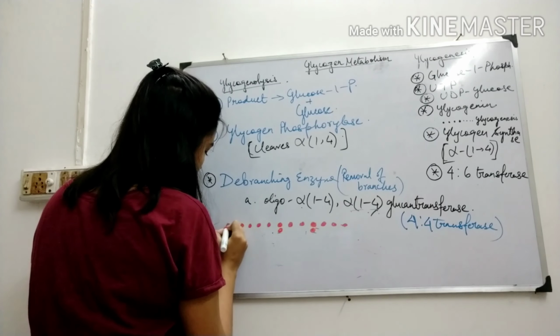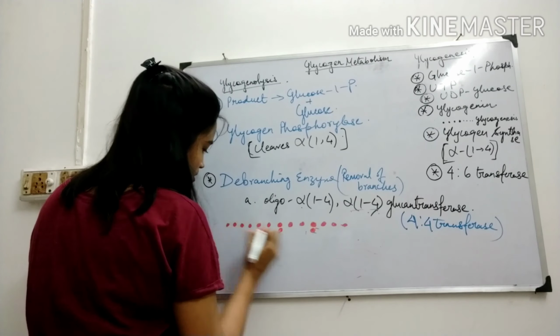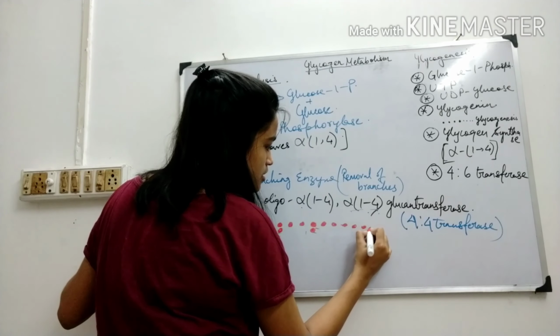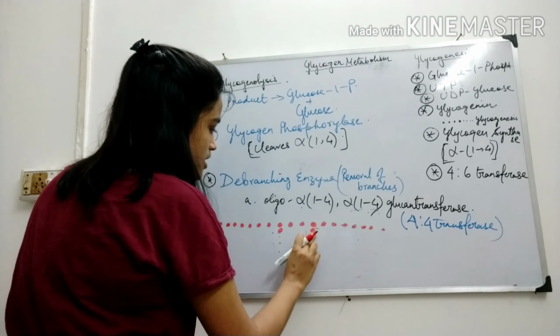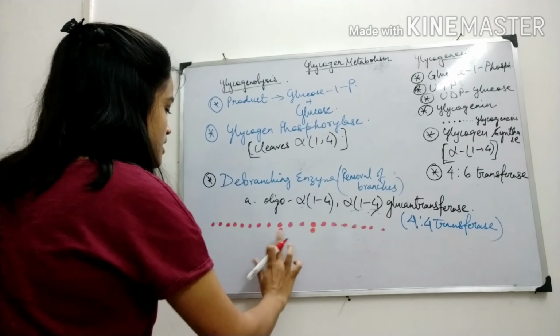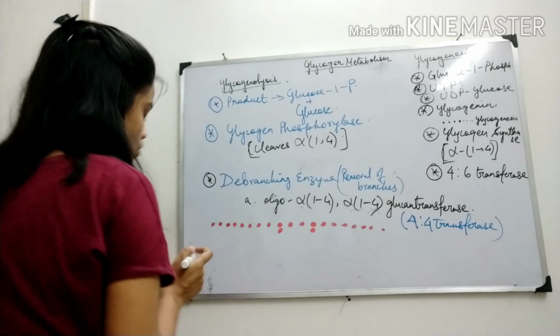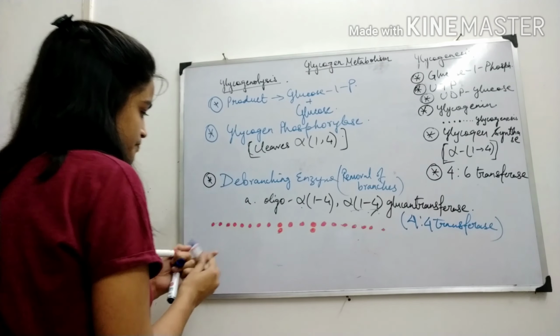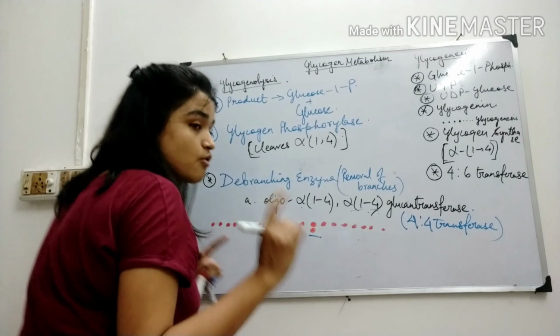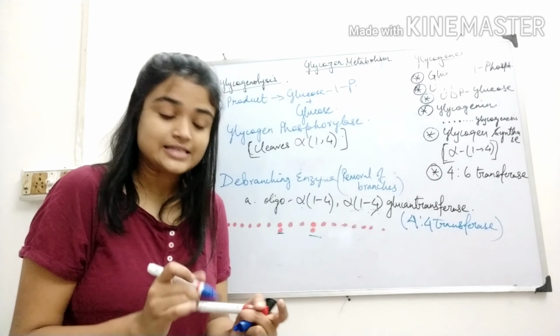I am drawing the 3 glucose that were here. So I am drawing 3 here, 4. So these 3 have come and joined the main chain. Now what about the remaining glucose? This glucose that is left behind, this one and this one, that is removed by another set of enzyme,